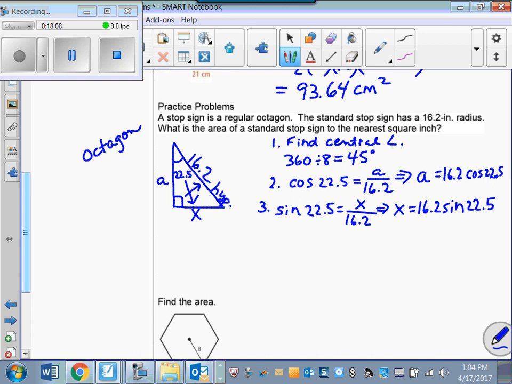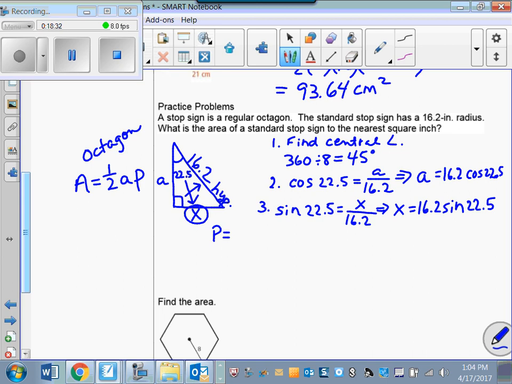Okay, so we know area equals a half a p. We've got to get our perimeter. How are we going to get our perimeter? We've got to use x. But listen, guys, how many x's are there going to be in my perimeter? This is half of one side, right? So my perimeter is going to be